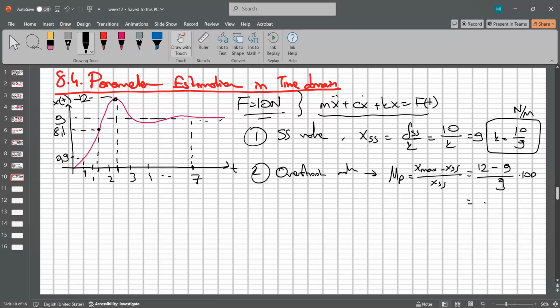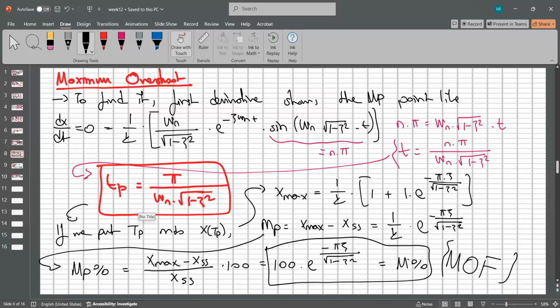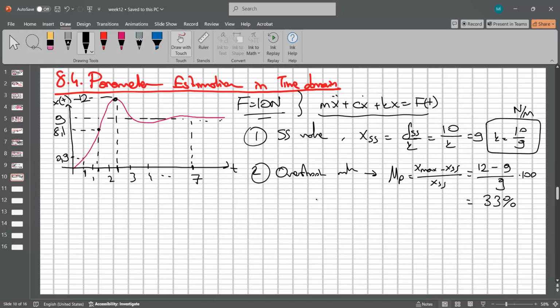And so, which means that we have 33% overshoot in here. Okay? So, if this is the case, if we put this formula just like this one, it can give